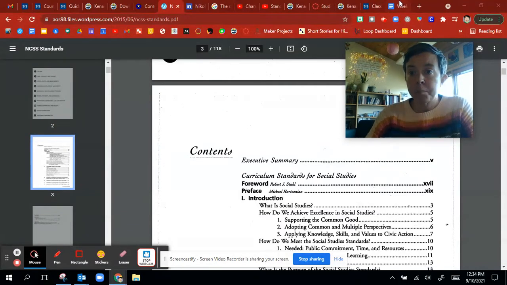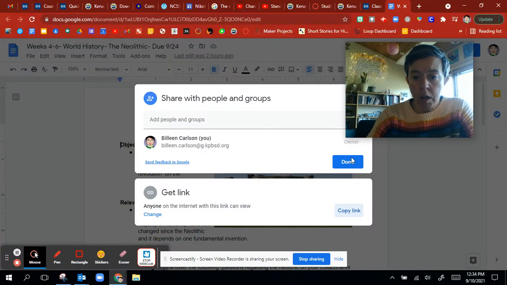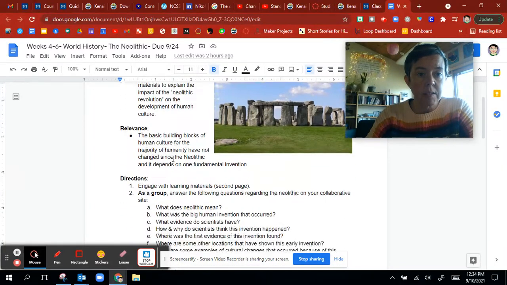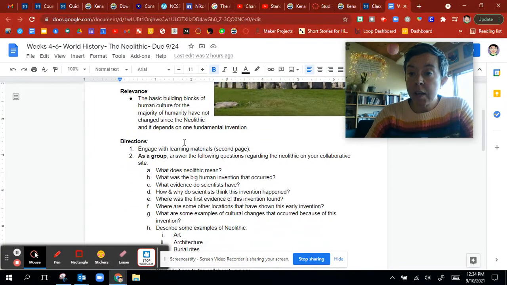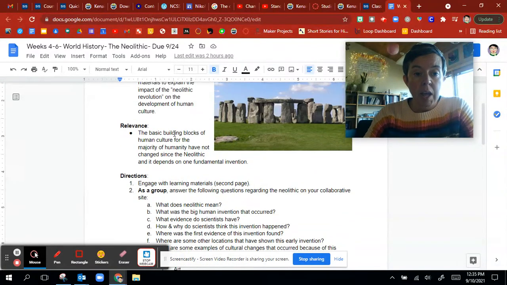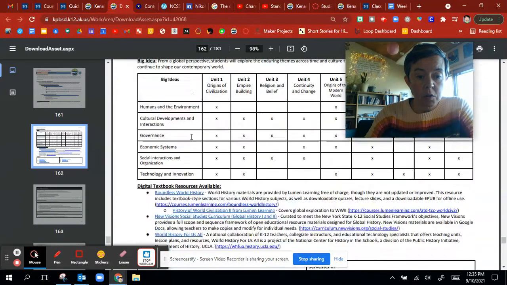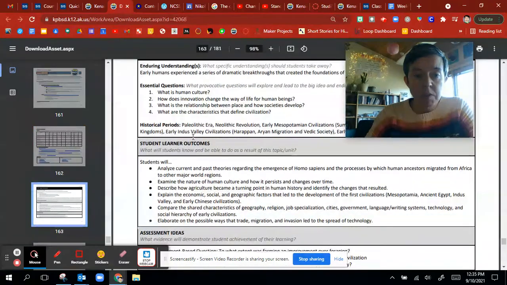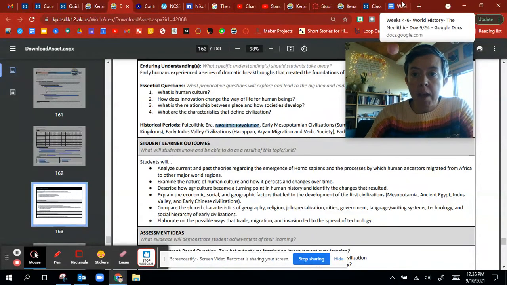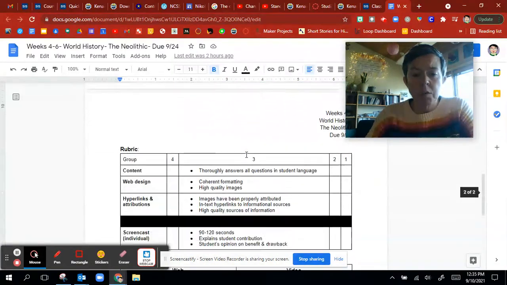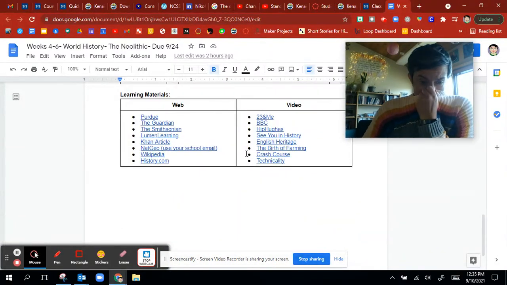Materials that I like to use are here, for instance. So understanding the agricultural revolution that happened during the Neolithic Revolution is something that was listed in the district standards. So in Origins of Civilization, it says that students need to understand the Neolithic Revolution. That's the standard. That's the content that needs to be met. And the materials that I use are